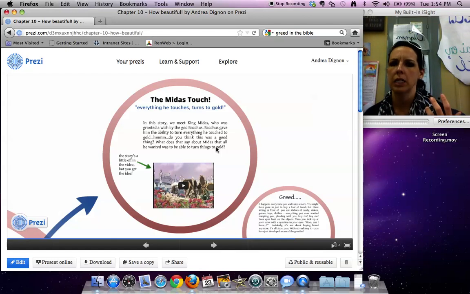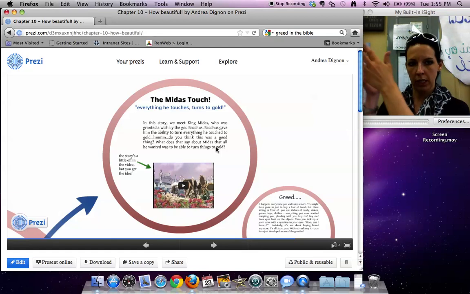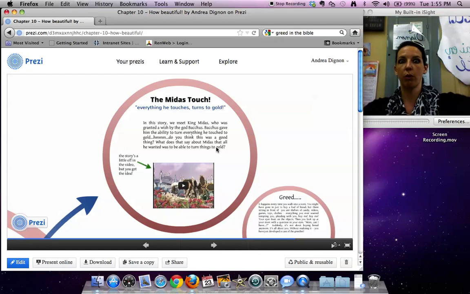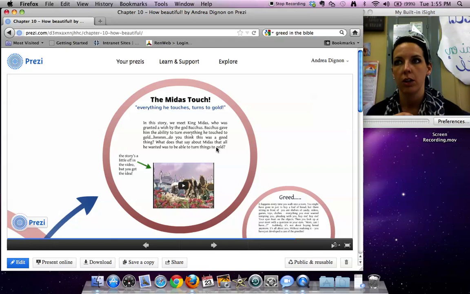What does it say about Midas? That all he wanted was to be able, like he was given a wish. You have 3 wishes. You know, like I feel like he rubbed the magic lamp or whatever, and then the blue genie guy came out like the Disney story, and Robin Williams' voice comes booming over everything. Think about this really quick. Midas was given the opportunity to make one wish. One, okay? And his wish was to be able to touch anything and it turned to gold. Do you think that was a good idea? I'm just wondering if you think it was a well thought out plan. Think about it for just a little bit, okay?